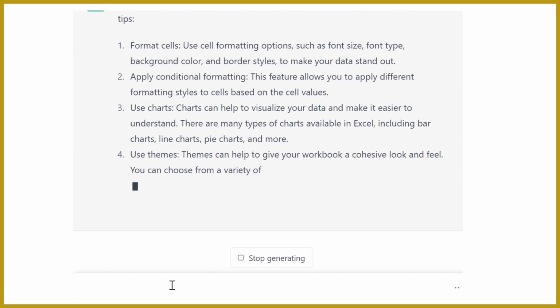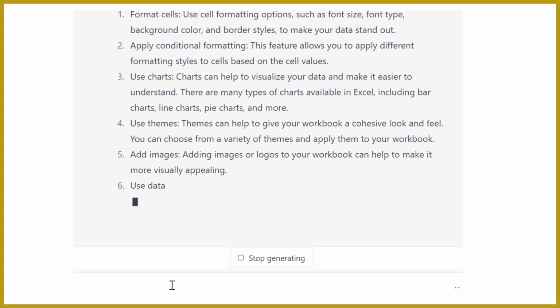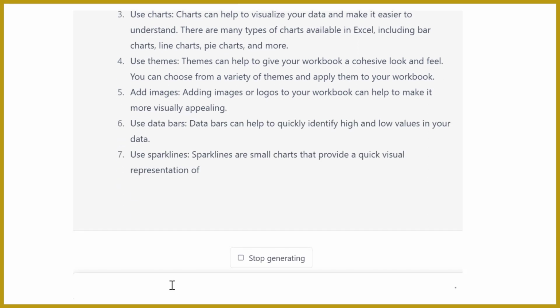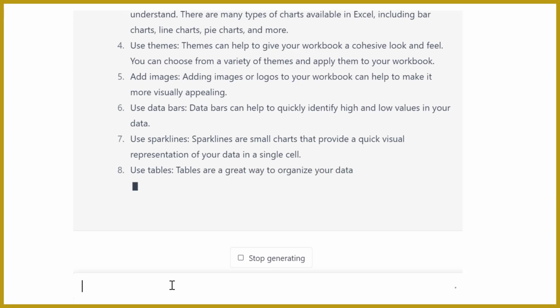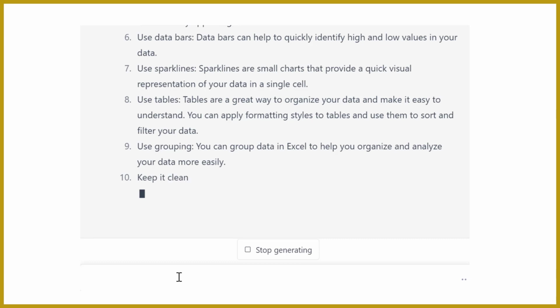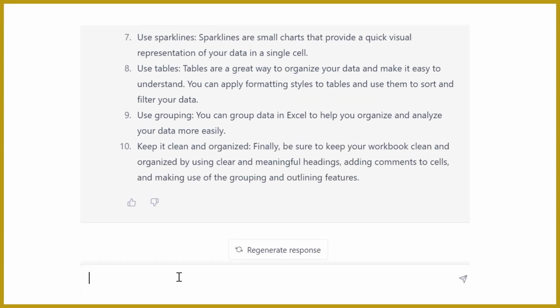That's more of a PowerPoint topic, but you could already add some charts into the Excel for certain dashboards, make them more visually appealing, using themes, images, data bars, tables. Just a good starting point, a thought starter, as you think about your Excels, if you want to improve. And so you could ask a bunch of those questions. In the end, ChatGPT is just a really strong thought partner that can help